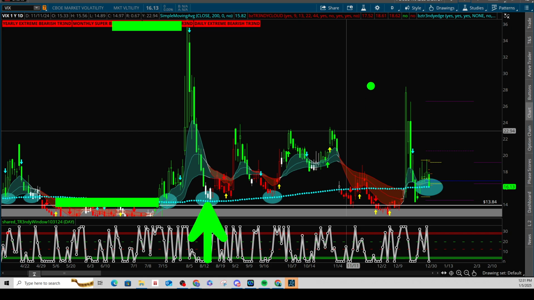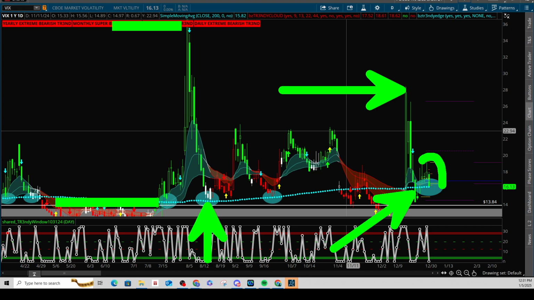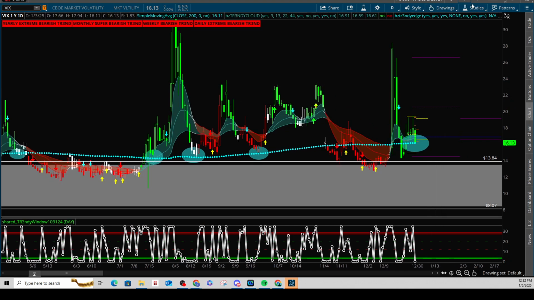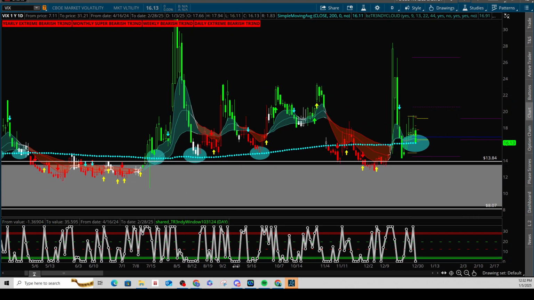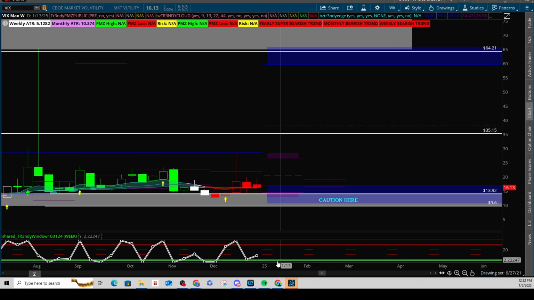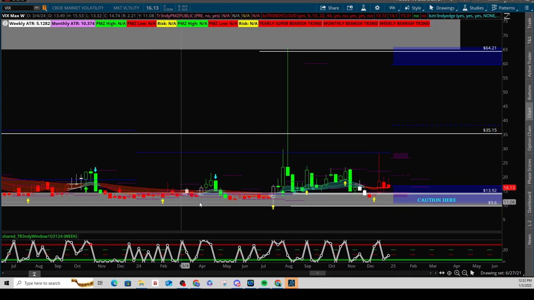Usually volatility means the market's going down. So this was a pretty big move. And you can see that it broke here, but it's coming back for the second time. We could be setting up for some volatility into this week. Now, bigger picture, this gray box has worked really, really well for me for years, really. Every time we come back here, just be prepared. It's a matter of timing.